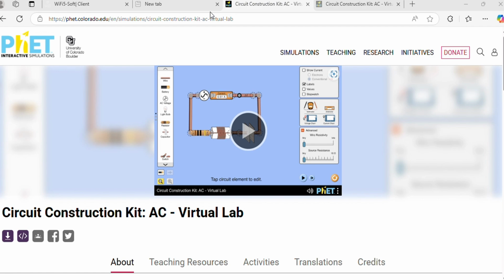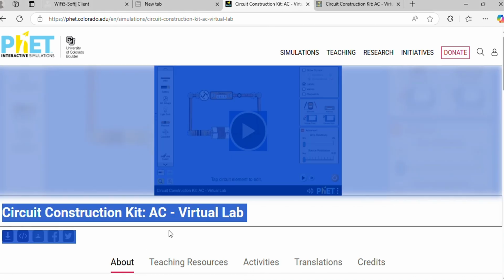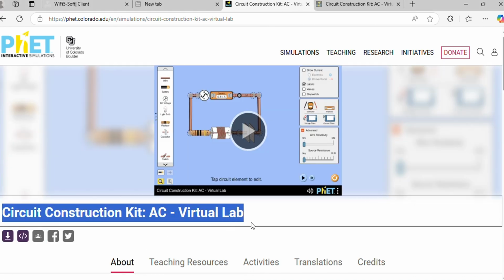Electricity is a flow of electric charge, usually carried by electrons through a conductor, like a wire. To understand how electricity moves, let's build a simple circuit using a simulation. So, open the PhET simulation and find the Circuit Construction Kit, an easy and virtual lab.